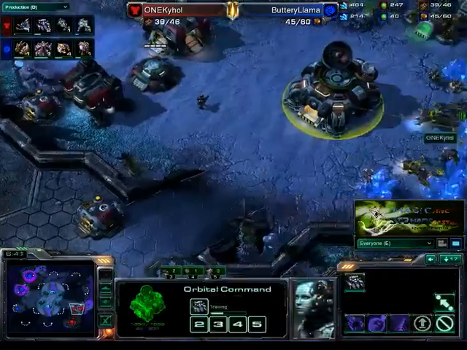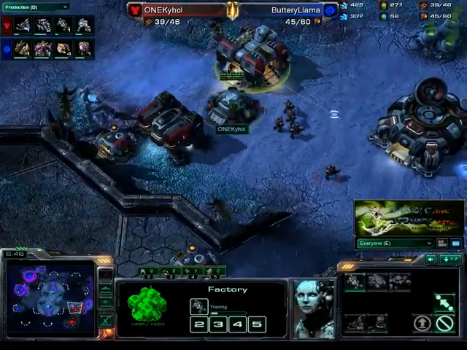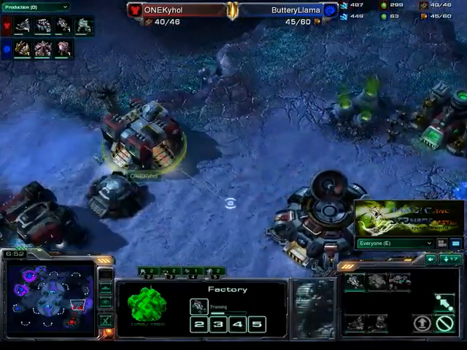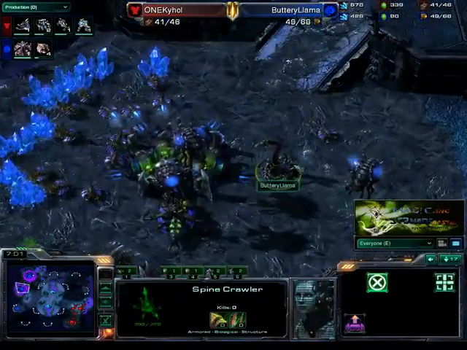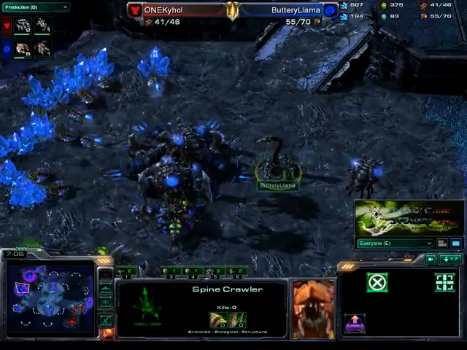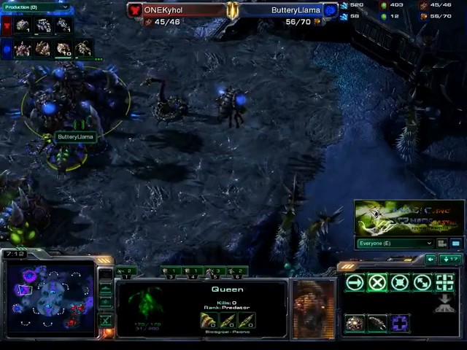But since he knows that he's fast expanding, he's probably not going to tech play because it is that unsafe. But it looks like he's going with it anyways, getting that Hellion up, getting up a tech lab. Of course, the Hellions are going to be a little bit delayed compared to if he was one base, but they are going to be able to get in there, maybe do some damage, and maybe ButteryLlama just isn't so aware of